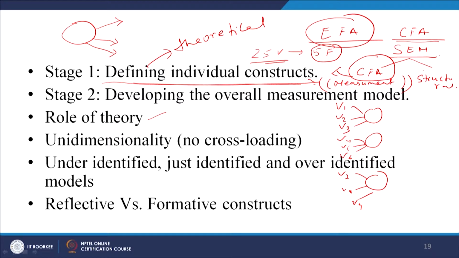Now, what we do in the measurement model is a covariance structure. We try to see what kind of relationships exist, and in the measurement model we will first try to see whether the overall model is a fit model or not. Now, what is the meaning of this, whether the model is fit or not? Just imagine there are 2 things.